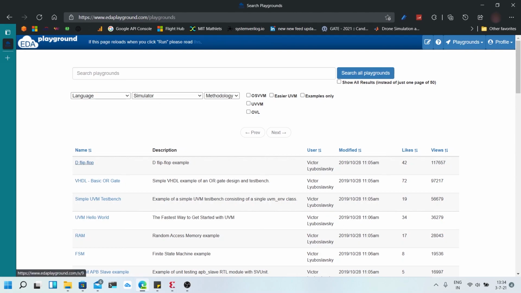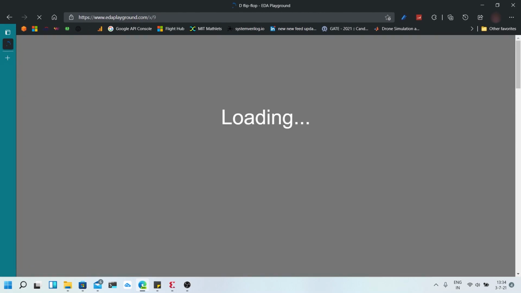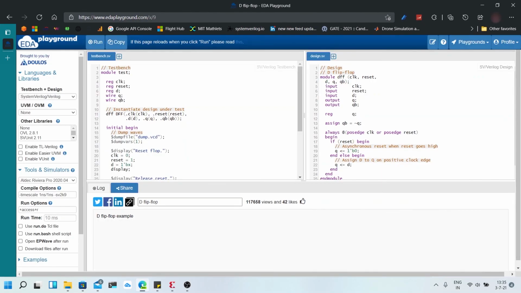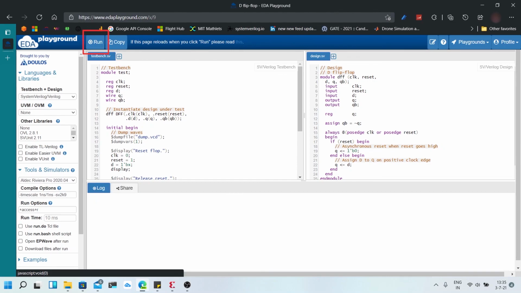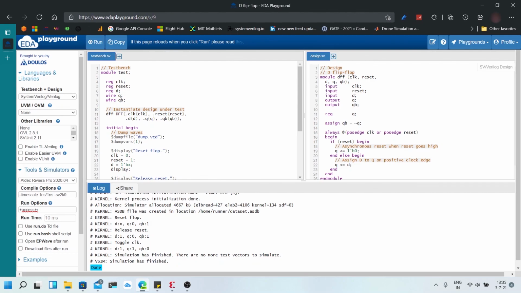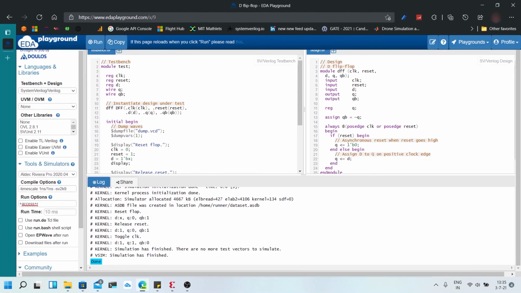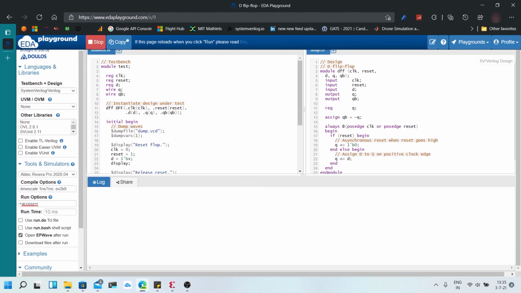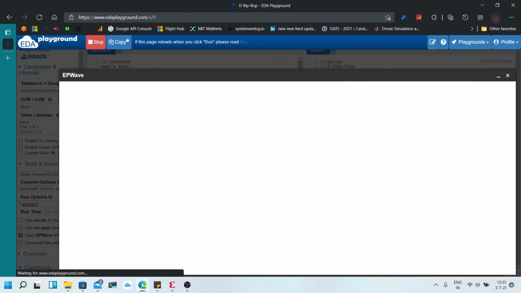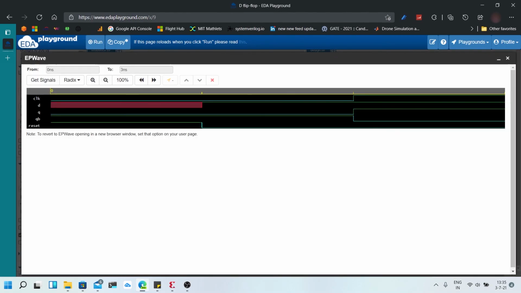Let's open one of these, like D flip flop, and then click on run. We see that we have an output here. If we click on open EPWave and run it again, we see that a window comes up in which the waveform is also given. We can analyze this waveform from here.